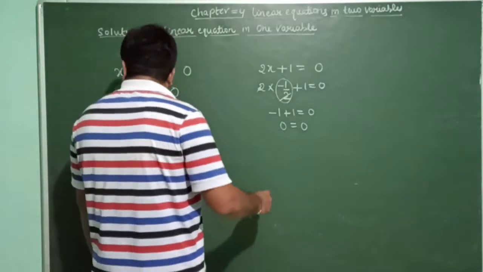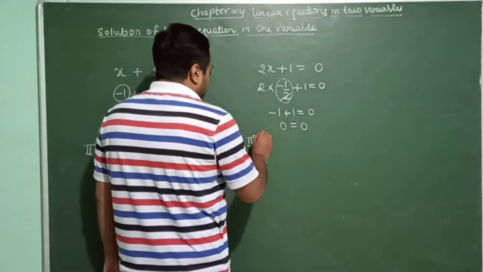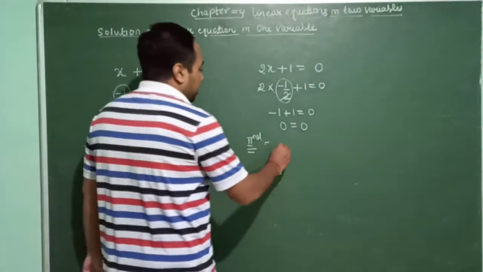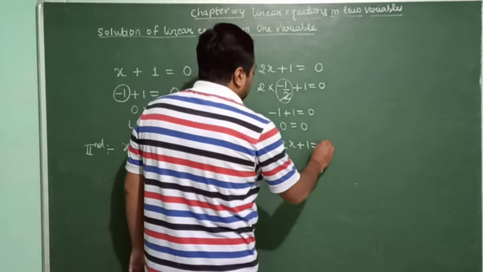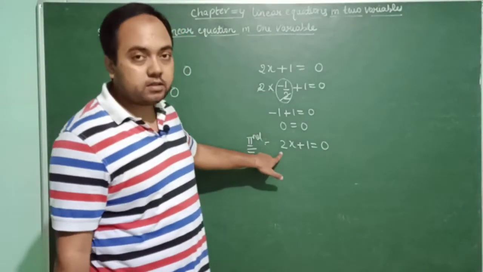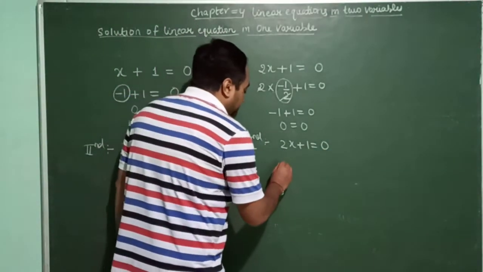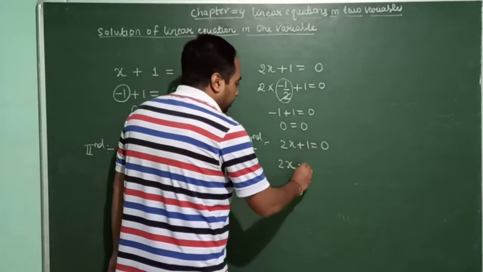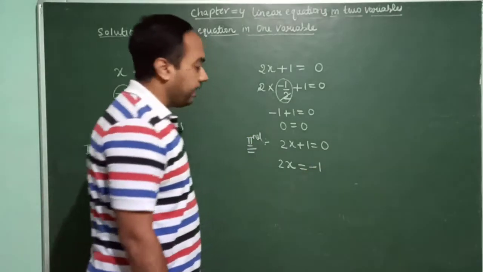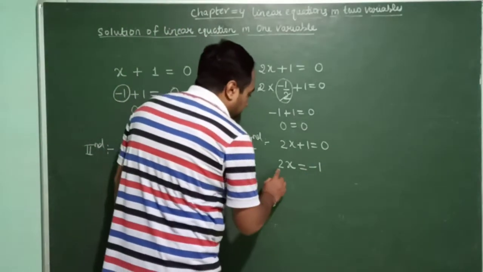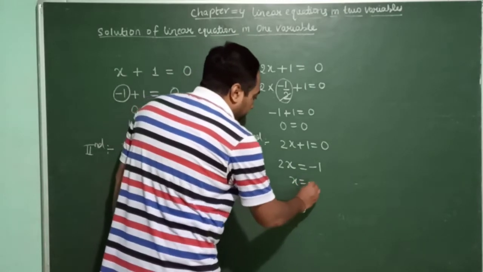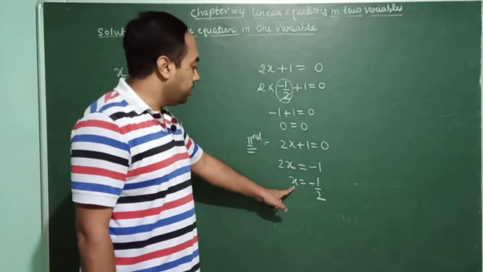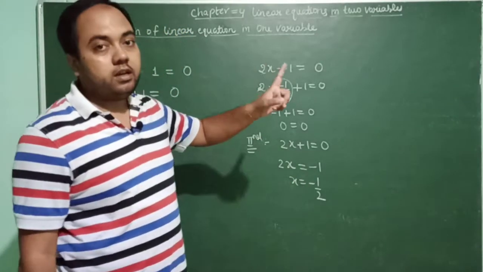Now the other way is, the second way is, now what is written over here? 2x plus 1 equals 0. आपको सिर्फ क्या करना है? If you want to find the solution, what you have to do is you just have to calculate the value of x. So how to calculate the value of x? Transfer this +1 towards right hand side, it will become -1. So x, now this 2 will be transferred over here, so -1/2 is the solution of this linear equation in one variable.